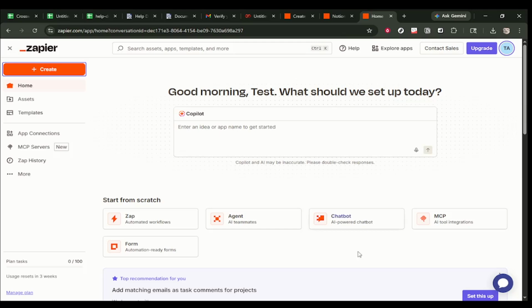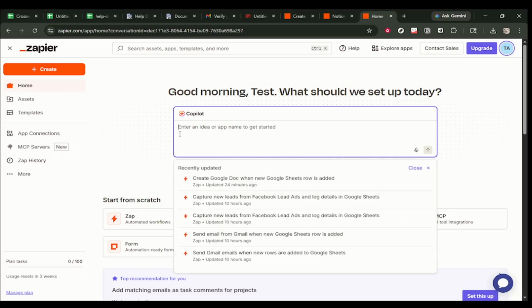In today's video, I am going to teach you how to easily integrate Notion and Google Sheets with automated two-way updates. To get started, head over to Zapier and make sure you are on the main home screen. Zapier is the tool we will use to connect your apps so that updates can move between Notion and Google